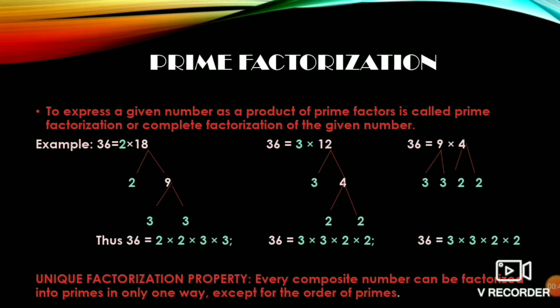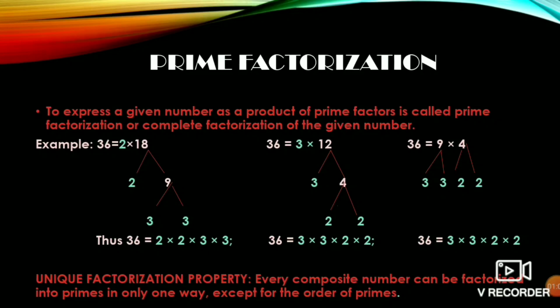Also, some numbers are written in green color. These numbers which are written in green color, these are prime numbers. To identify the prime factors of the number, all the prime factors are written in green color. Now, in first case, 36 is expressed as a multiple of 2 and 18. Here, 2 is a prime number and written in green color.